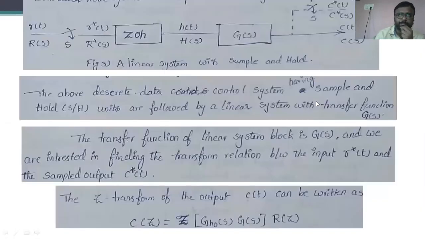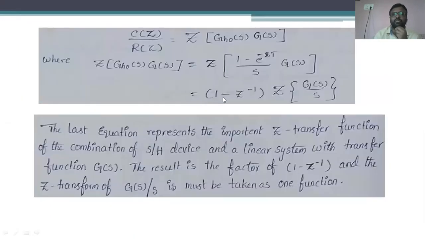That means in case of any open loop system, when a zero order hold circuit is considered with a discrete data system connected in the cascaded position, the pulse transfer function for this kind of open loop system is represented as (1 - z^-1) times the z transform of G(s)/s. With this application, we are going to calculate the pulse transfer function for a zero order hold circuit which is in the cascaded position to the system.